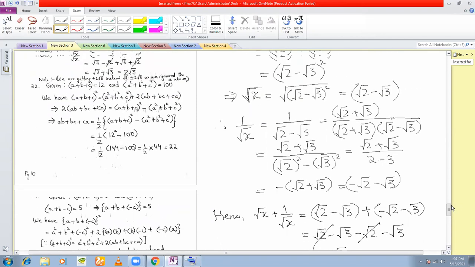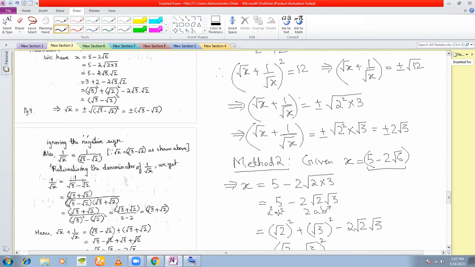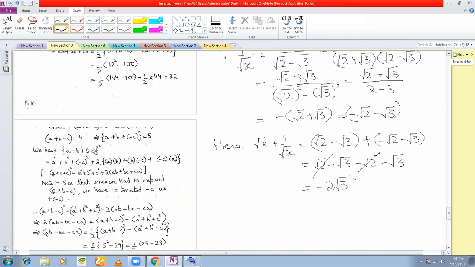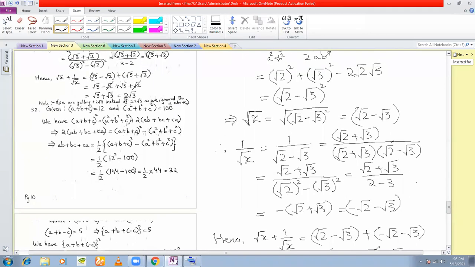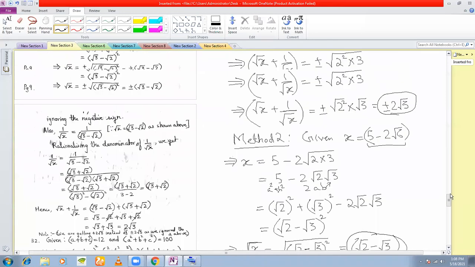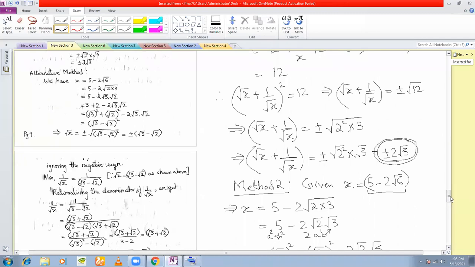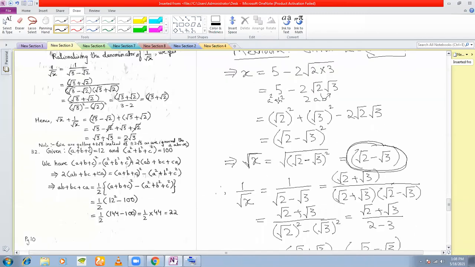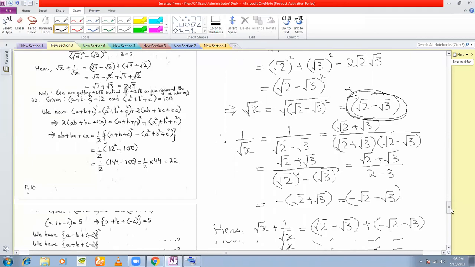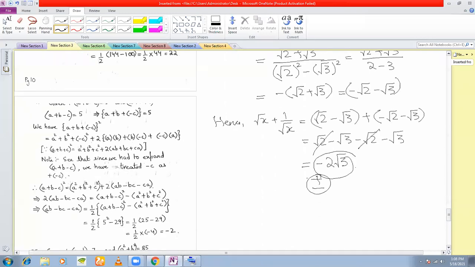See, here we are getting a minus sign. Here we were not getting, here we are taking the plus or minus sign, right? Here we are getting only the minus sign because we are taking the positive square root here, right? Here we are taking both the signs, but out here we are taking only one sign. If we had taken plus or minus here also, we would have got plus or minus here also. Is that absolutely clear to everyone? The story of sign. Yes, sir. Okay.